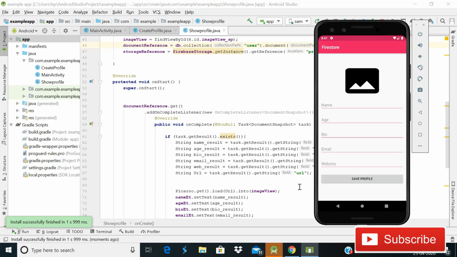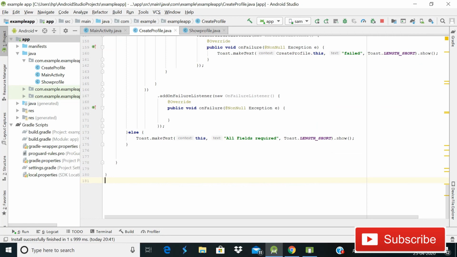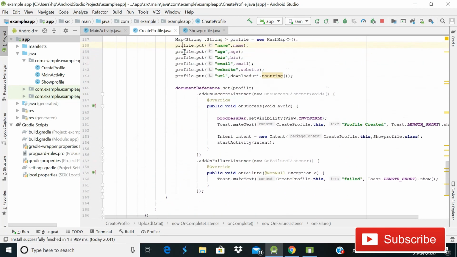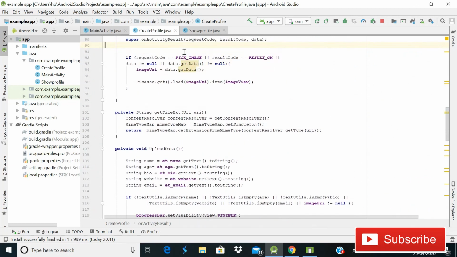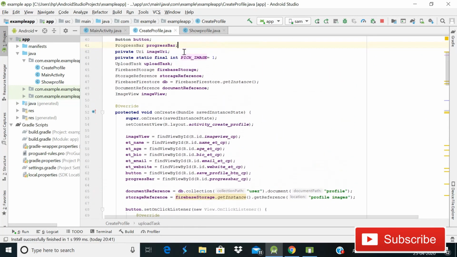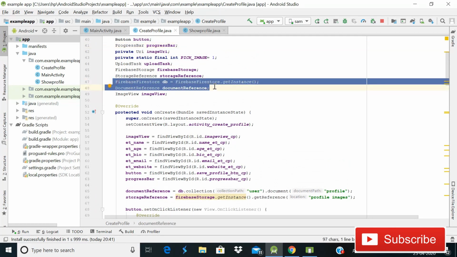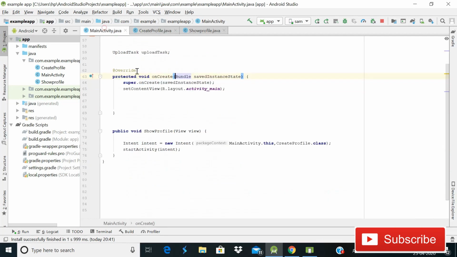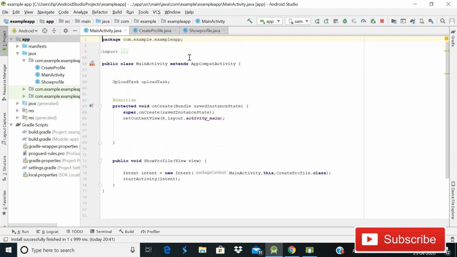So for this we need to go to main activity.java, but before going into main activity.java, what we need to do is simply copy some code, and that will be Firestore, these two lines, copy it, then go to main activity.java, and then here we need to